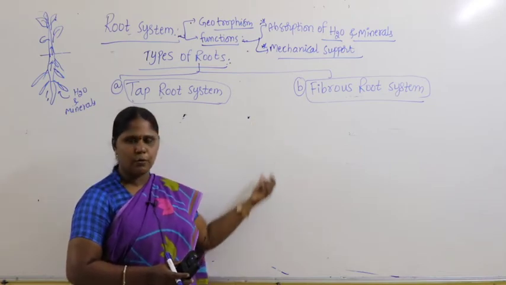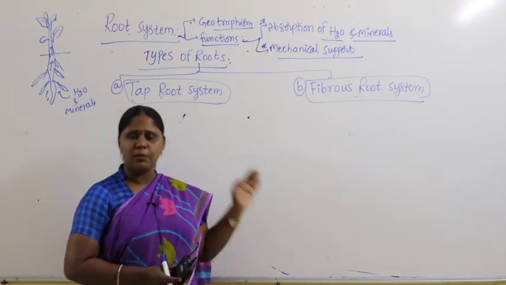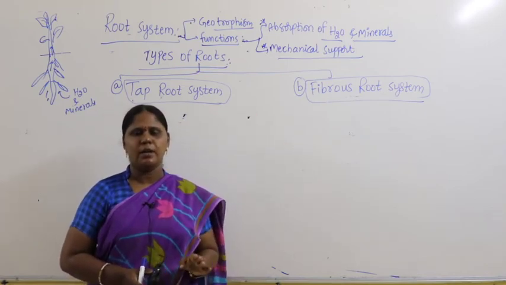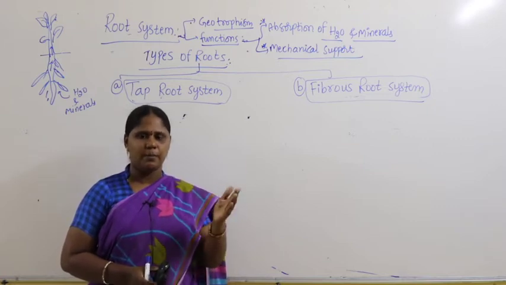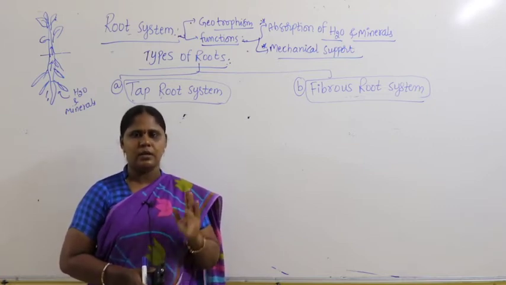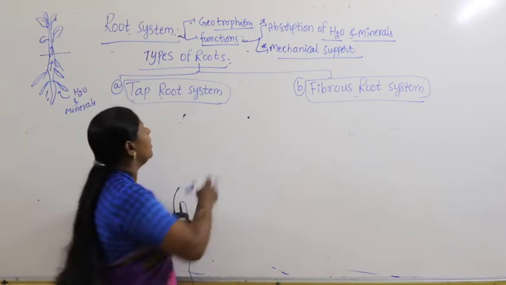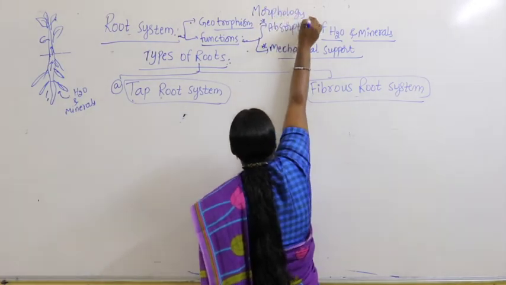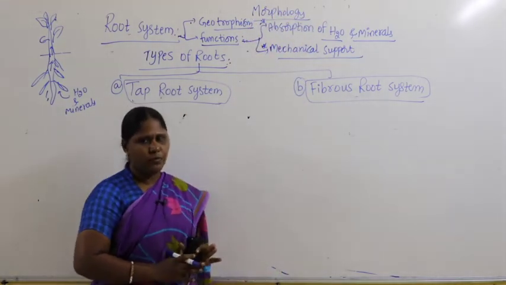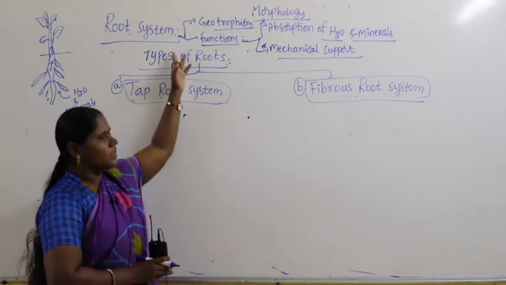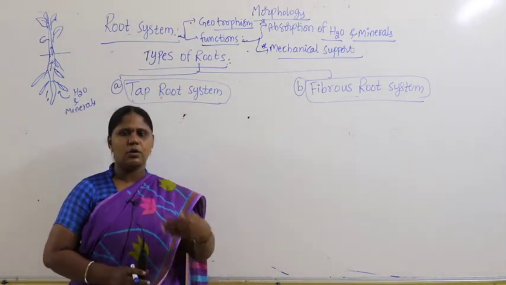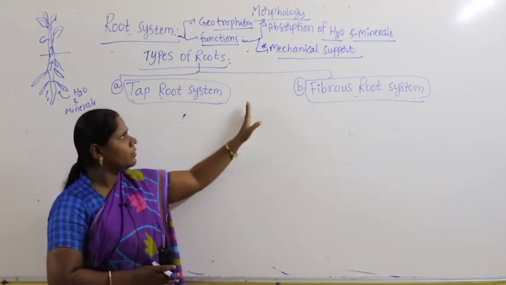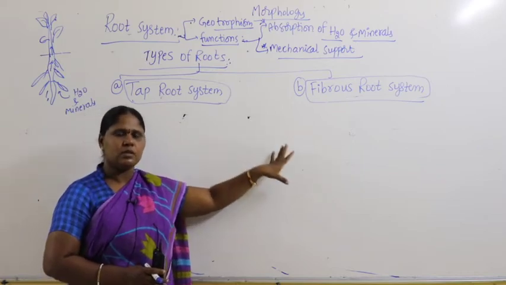I will try to write clearly on the board. I will try to go slowly, and from here you should make sure that you start writing your notes. Again I repeat, keep one separate long notebook, a white plain paper notebook for botany. We just started with the chapter called morphology, and in that we have just started with root system. Just note down all the basics of the previous class, and from here be serious, we just entered into the concept. So, from here everything is important.